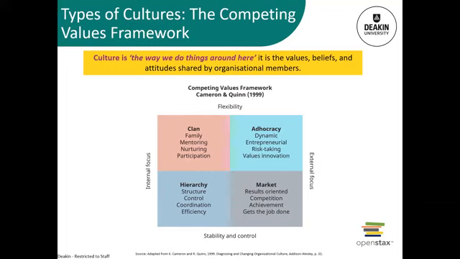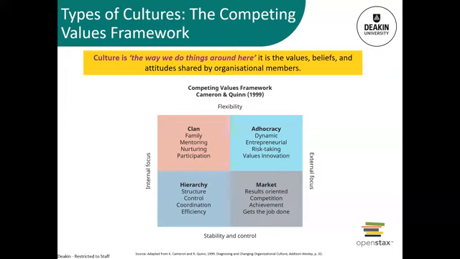So looking at the competing values framework, this looks at 4 different kinds of cultures in organizations, but the main gist of it is whether or not the organization's culture is externally or internally orientated. So if we look at the one on the bottom right, the market one, this is in the grey there. So this is really about if you've got a culture that really focuses on what's happening outside the firm. So that's external forces, and it wants stability and control. And then, that's very much a market kind of culture.